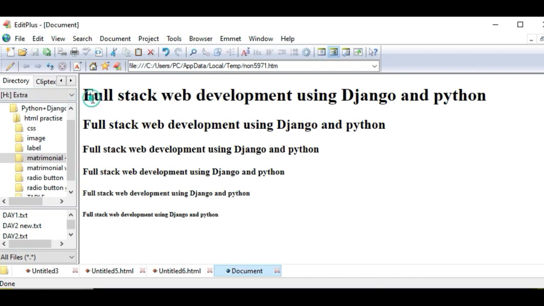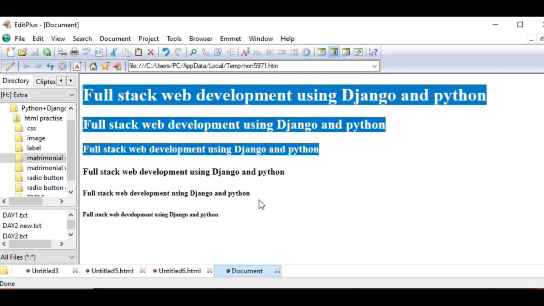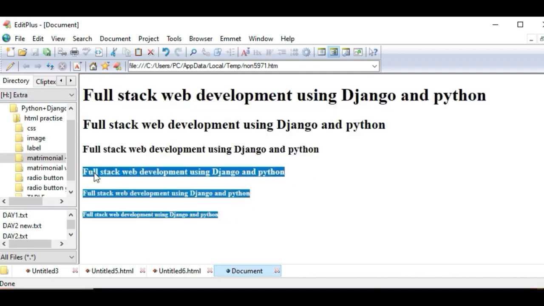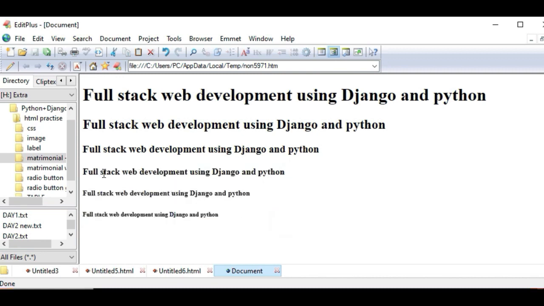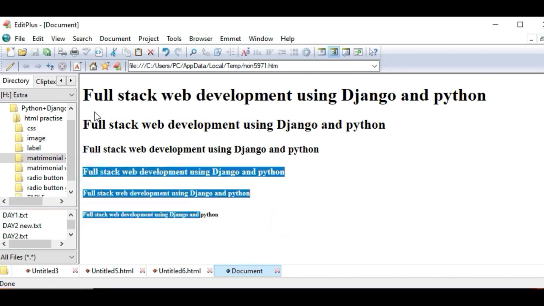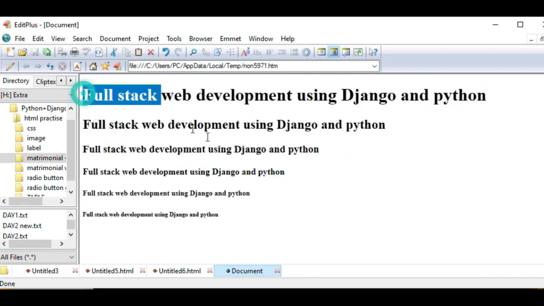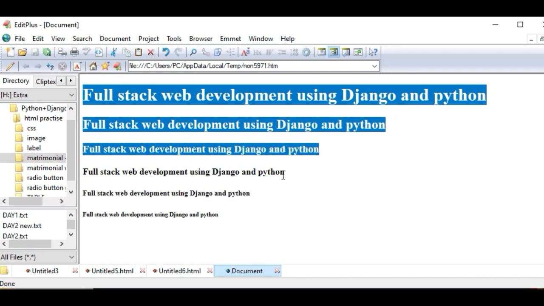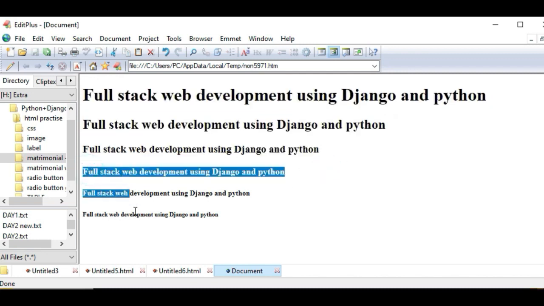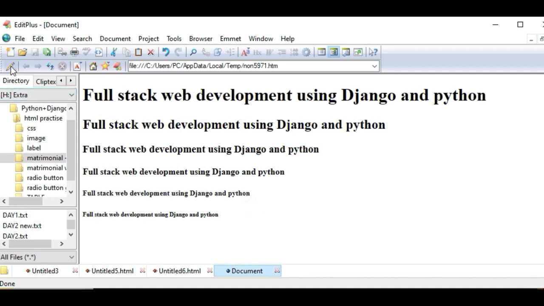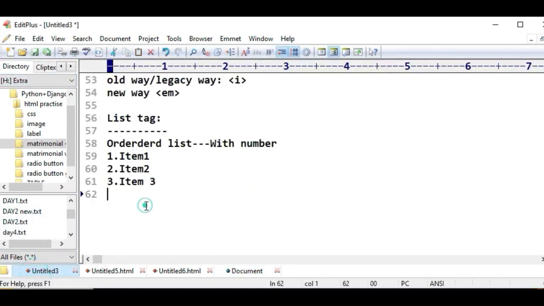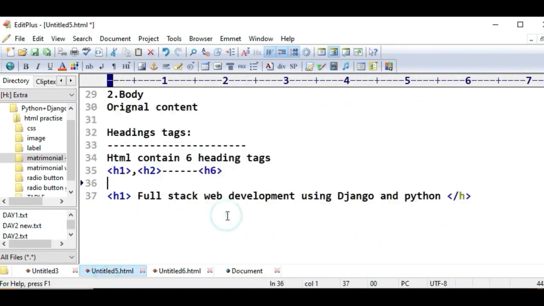You can see all the headings are shown here, 1, 2, 3, and you can see the bottom 3, so we can't say this is a heading. That's why only heading tags 1, 2, and 3 are in use. We prefer to use h1, h2, h3 only, because h4, h5, h6 do not look like a heading. Okay, so the next tag after the heading tag is